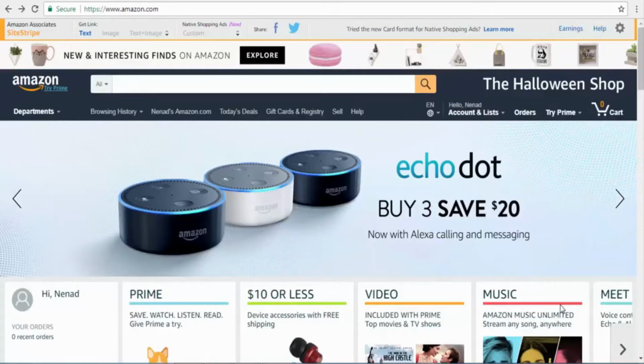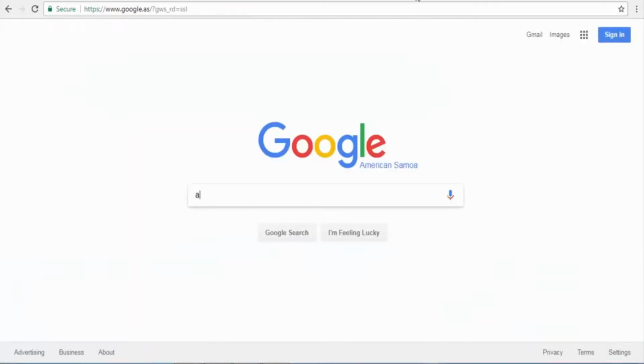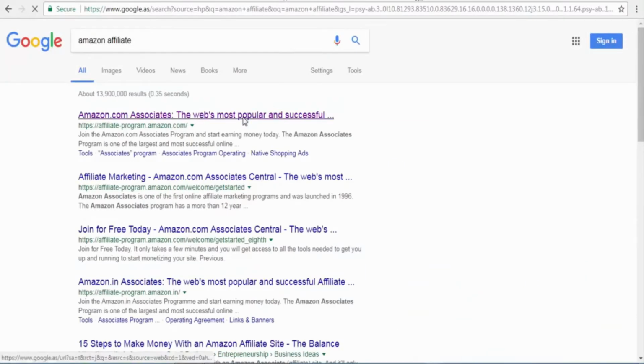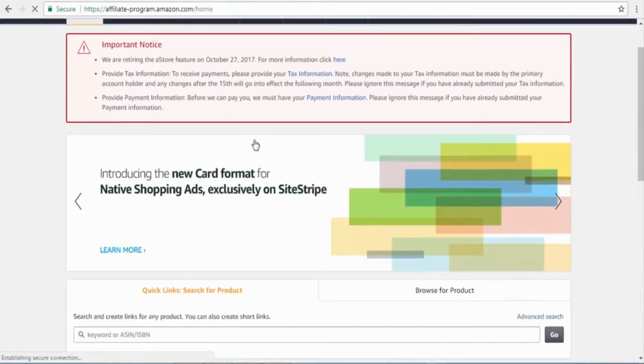So today I would like to show you how you can make money with Amazon even if you have $0 to invest. So let's say you don't have any money to invest in this project. I'm going to show you 3 methods or ways to make money with Amazon. So first of all, to begin with, you need to sign up for Amazon affiliate. So this is free, and what Amazon affiliate means is